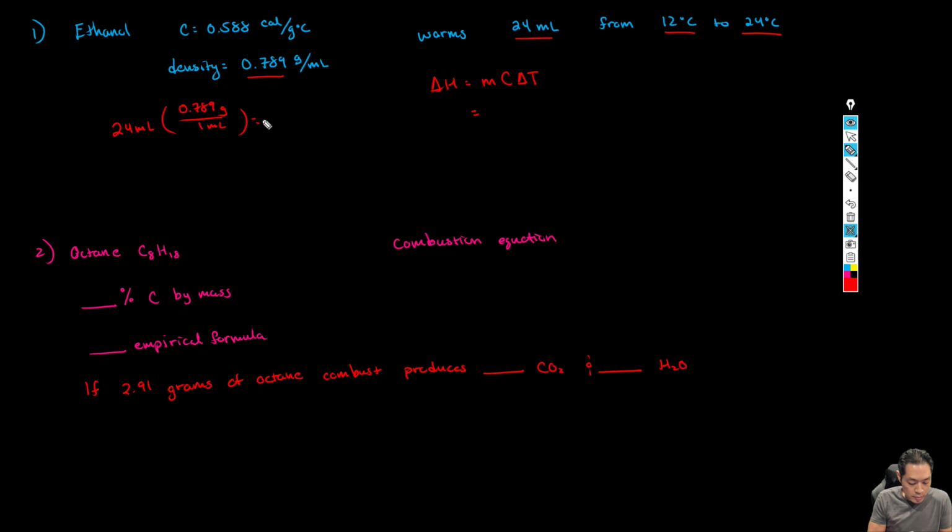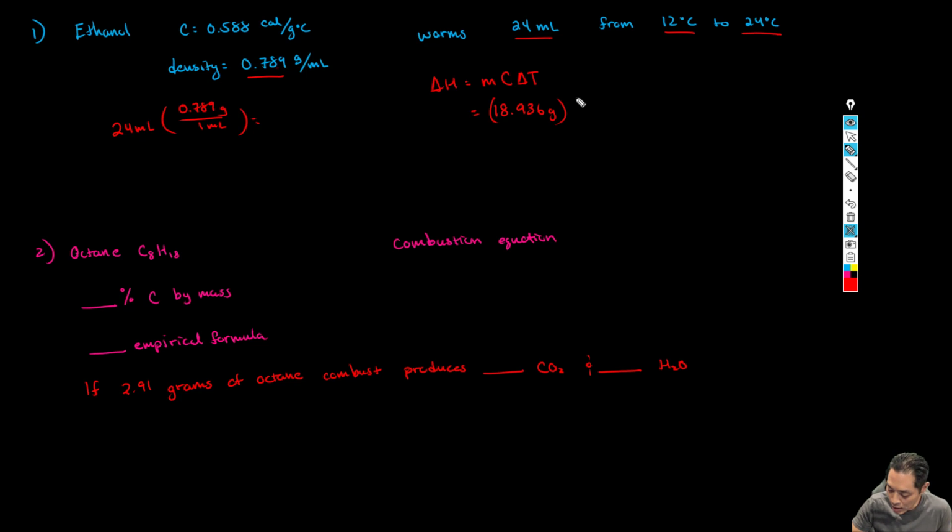So 24 times 0.789, and I get 18.936. I'm not going to worry about sig figs until the end. I know right here my answer can't be bigger than 3 sig figs, 1, 2, 3, 1, 2, 3. And then here it gives me 2. So I'm going to make sure my answer is now 2 sig figs. So that's how I usually do it. I kind of just calculate it, and then make sure my answer isn't bigger than any of my